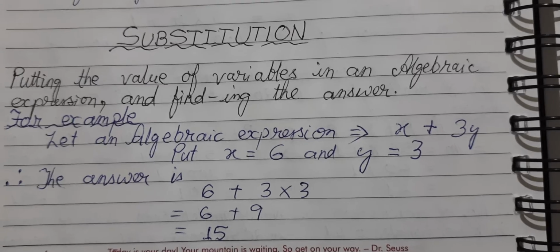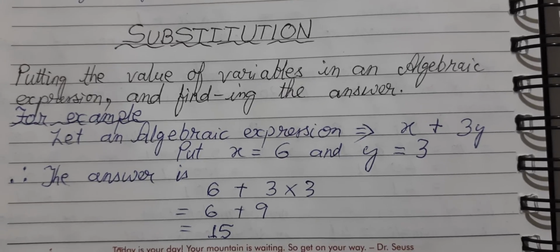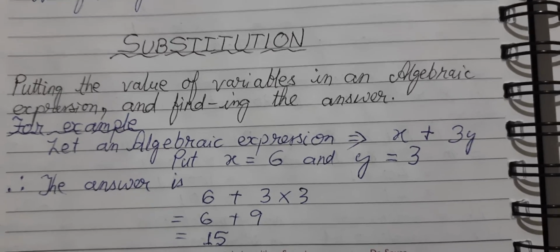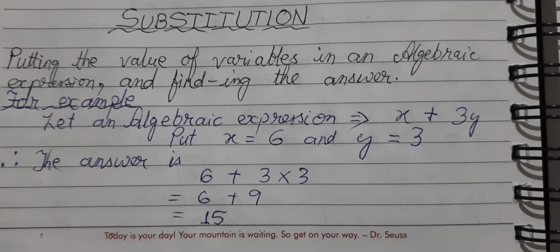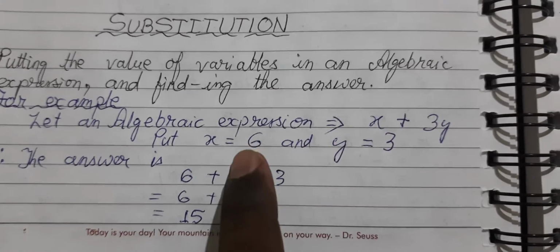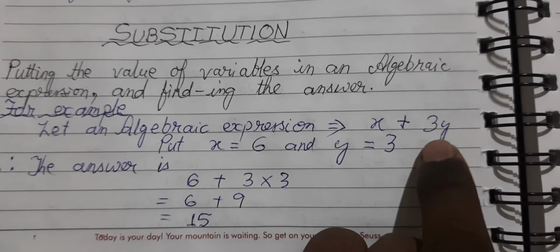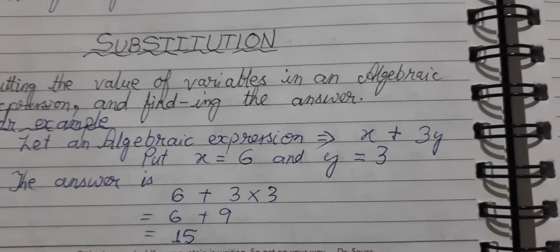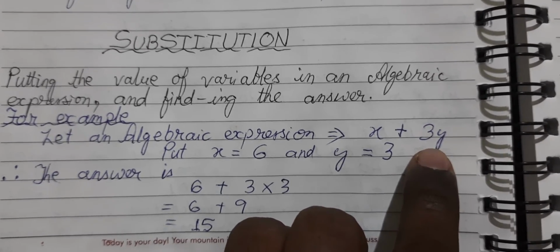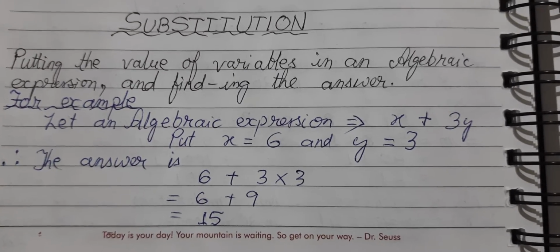So now I think you understand the meaning of substitution. Substitution means substituting or putting or writing, instead of variables, their values. In a football match, you have substitution, no? When some player gets injured, then instead of that player, somebody else is sent. So in this also, instead of x, we are writing 6. That is called substitution of x. Instead of y, we are writing 3, so we are substituting the value of y as 3. And then when you put these values in the algebraic expression, the answer that you get is finding the answer by substitution.